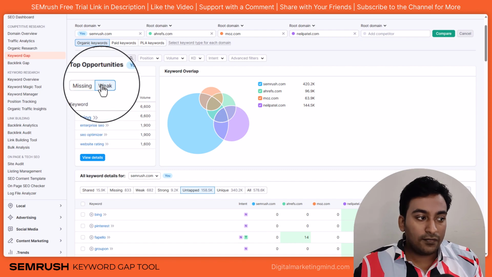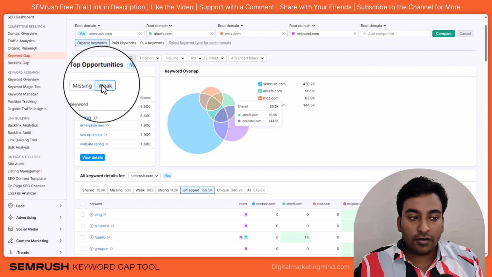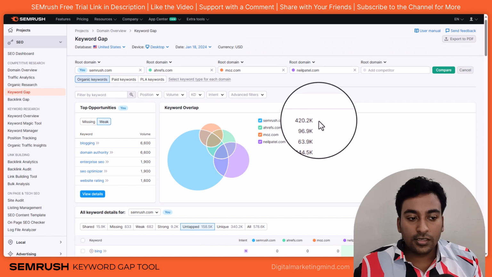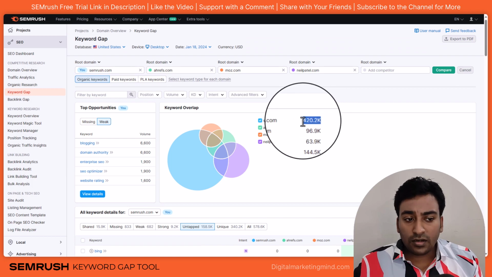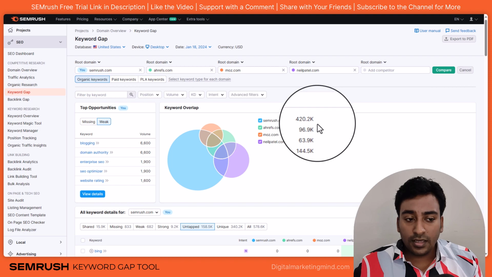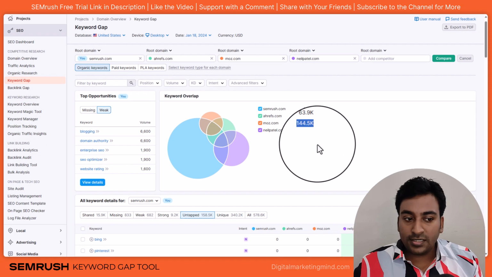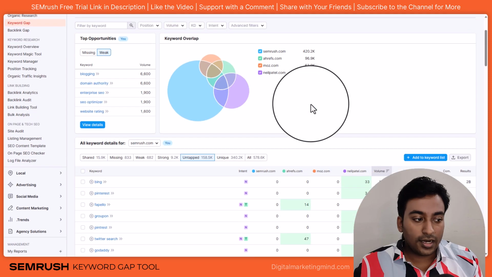Weak opportunities are also shown here. And we have a keyword overlap of how many keywords we are overlapping with all the different competitors, and how big is the database. In this example, SEMrush has the biggest organic reach, targeting around 400,000 plus keywords, and all the other websites are coming below that.